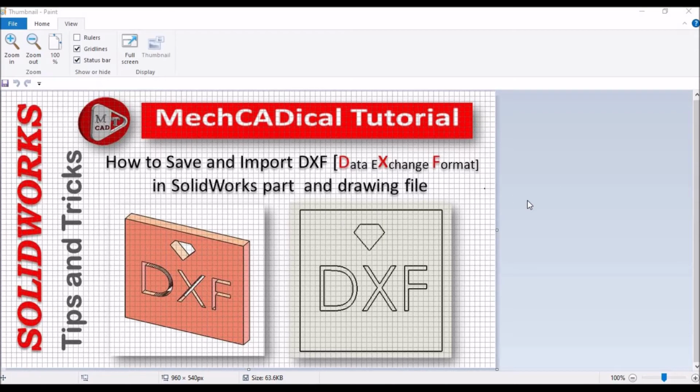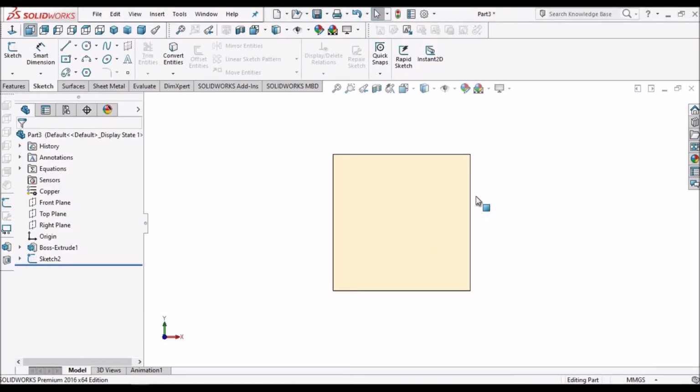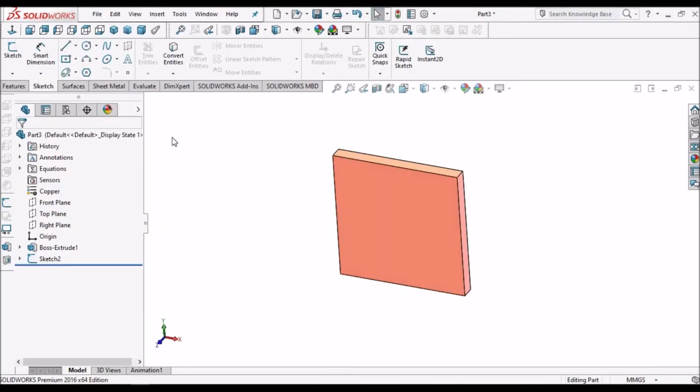Hi, today I am going to explain how to save and import DXF file in SolidWorks, part file as well as in drawing file. DXF means data exchange format or drawing exchange format. So let's start. So I have created simply extruded